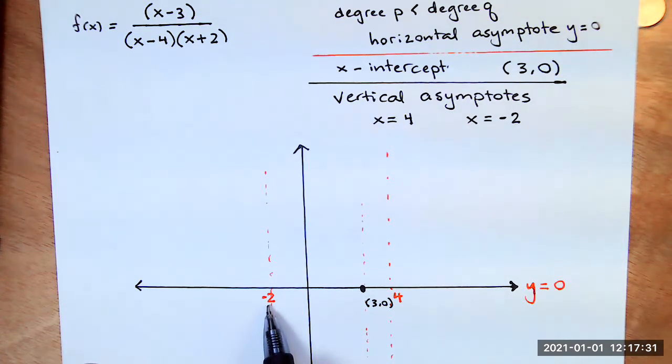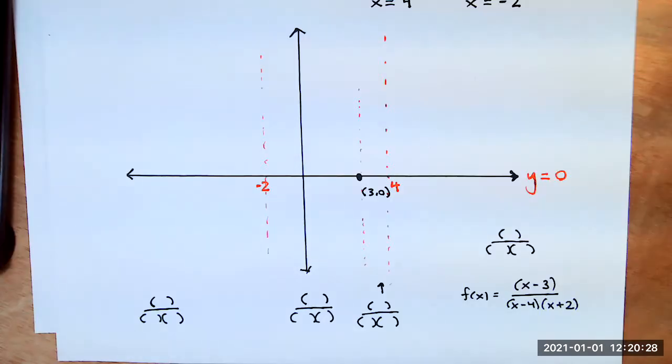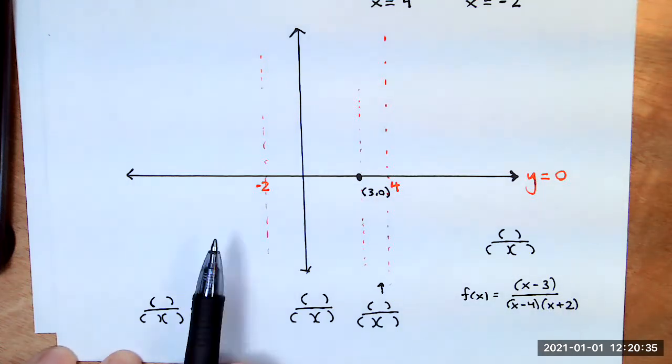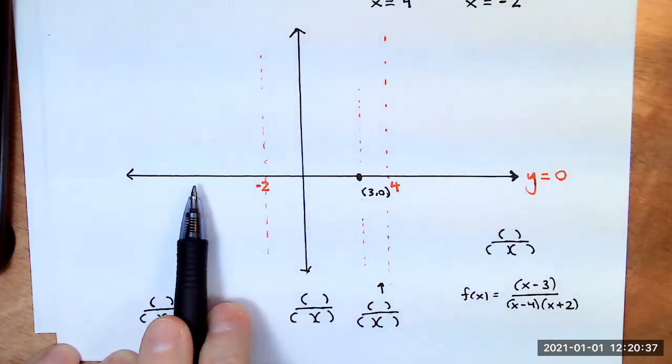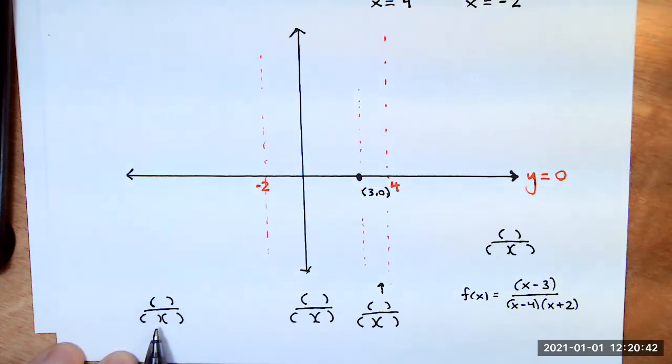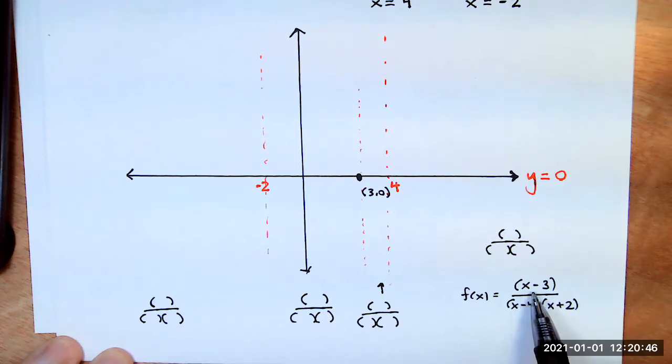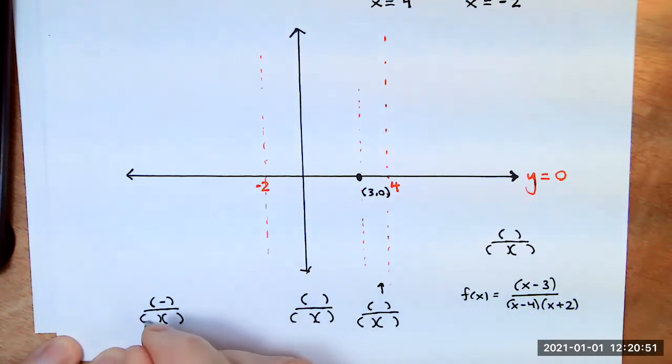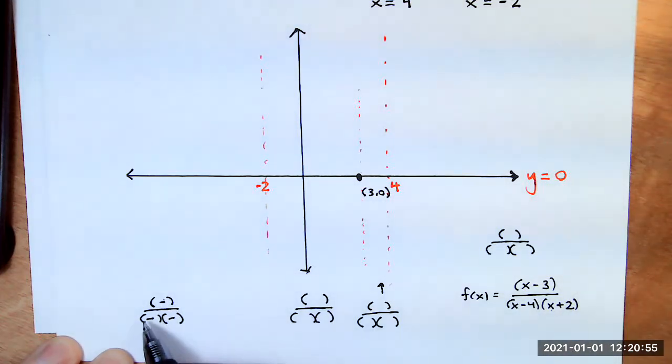So if x is less than negative 2, all right, so I'm writing my original function down here just so we can see the graph better. Let's plug in any number less than negative 2, like negative 5. And remember, we don't need to know the exact number, just whether it'll be positive or negative. So if I put negative 5 in here, it'll be negative, negative 5 in here, negative, negative 5 in here will be negative, negative divided by negative